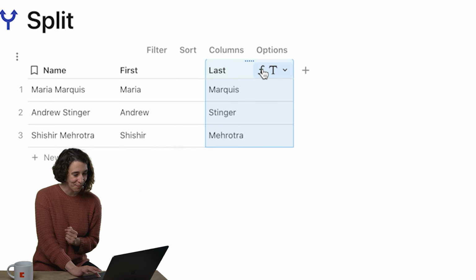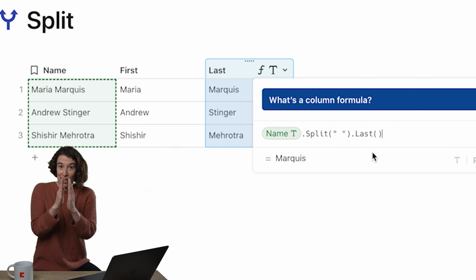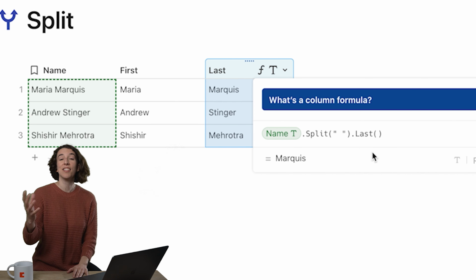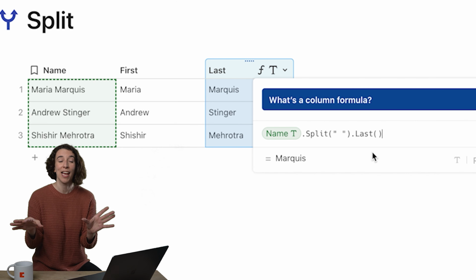Let's look at last name. It's pretty much the same. We're saying, hey Coda, look at the name, then split at that little space, and then take the last part. So this allows you to be able to cut and paste and figure it out and have all of that